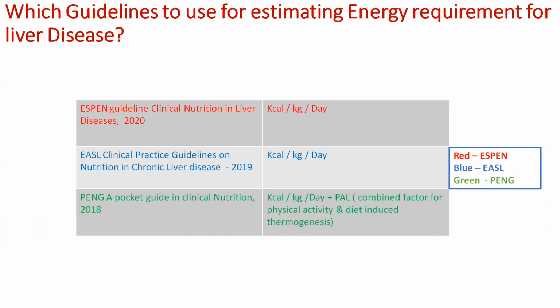So again, PENS, the parenteral and enteral nutrition guide by the UK Dietetic Association, a pocket guidebook in clinical nutrition. Here you can see they have a proper equation for estimating the calorie, protein and fat. By PENS, it is kilocalories per kg per day, and physical activity is added. A patient may not have much physical activity, but they do have stress, which is already estimated here.